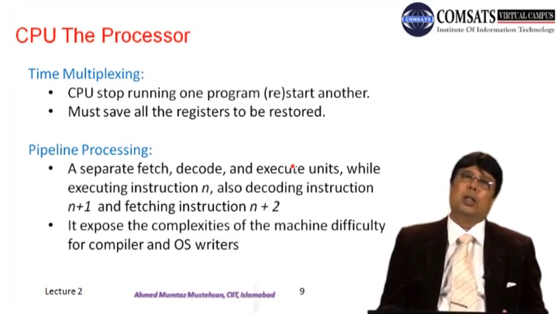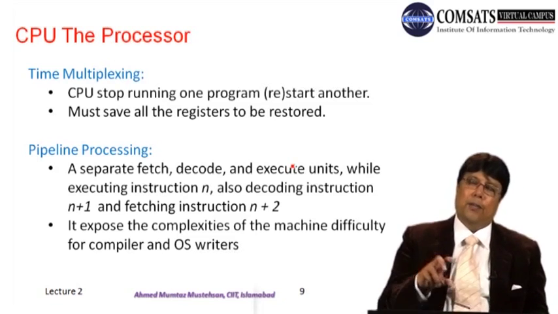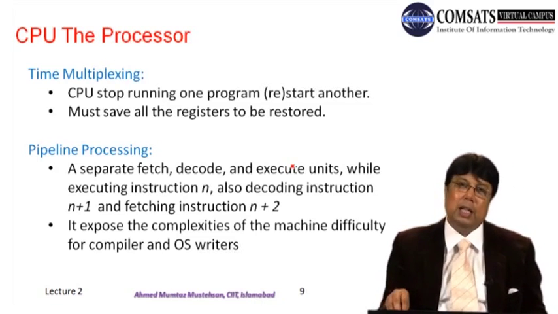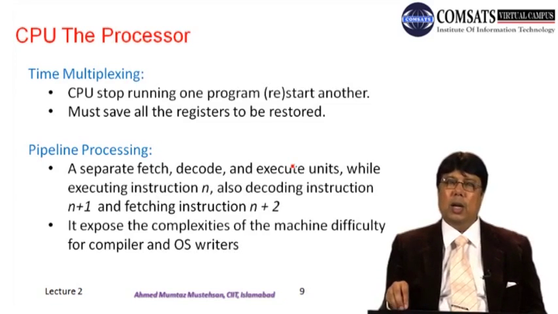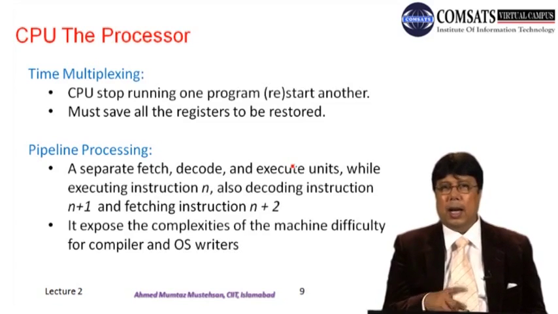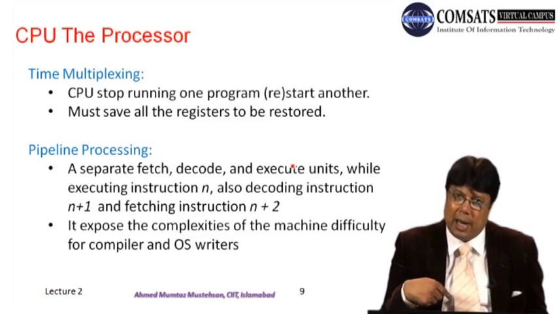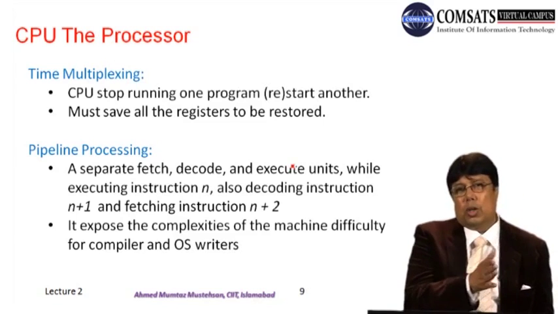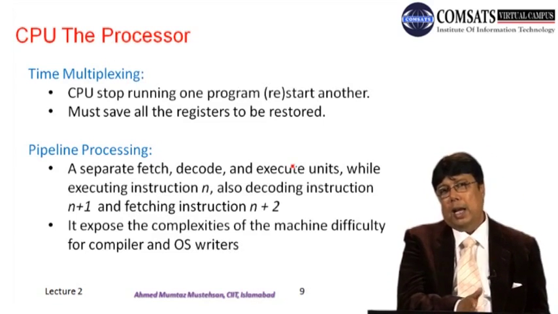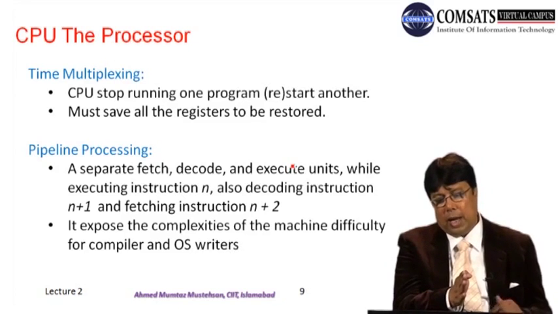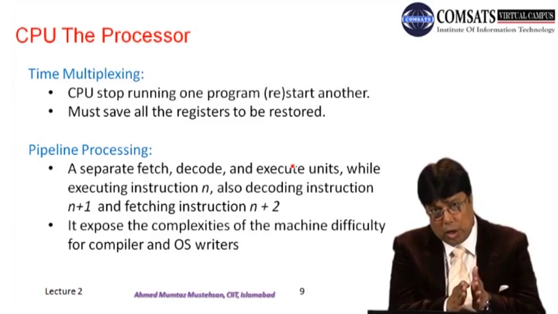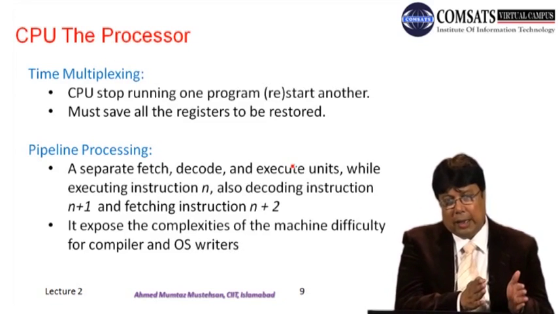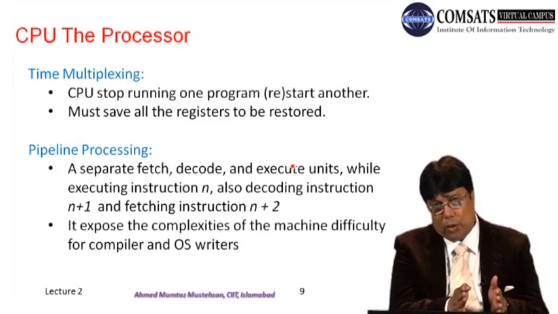इसका मतलब ये हुआ कि अगर तीन functional units हैं और अगर एक instruction n execution unit द्वारा execute हो रही है, तो उसी clock cycle में जो decoding unit है, वो अगली आने वाली instruction, जो n+1 है, उसको decode कर रहा होगा, और उसी machine cycle में पिछला functional unit n+2 instruction को fetch कर रहा होगा। यानी n instruction execute हो रही है, अगले cycle में execute होने वाली instruction decode हो रही है और उससे अगले cycle में execute होने वाली instruction fetch हो रही है।